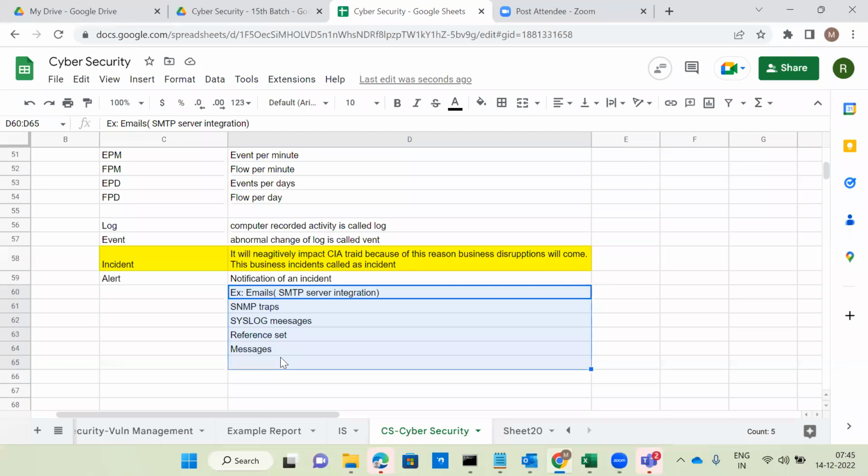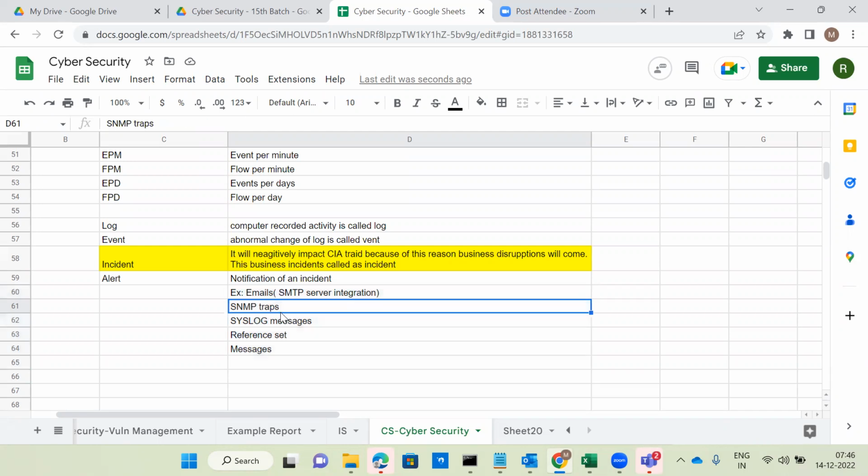Whenever any abnormal activity or incident comes, what are the different ways we can receive alert notifications? One, because we integrate the SMTP server with each and every tool, obviously through emails. Second is through SNMP traps. SNMP traps means on a switch we have to do some SNMP configuration, and then we will receive the alert notifications. Syslog messages are also one of the options.